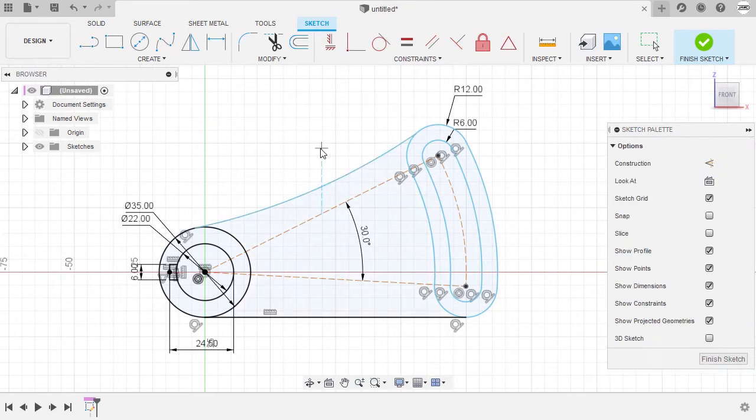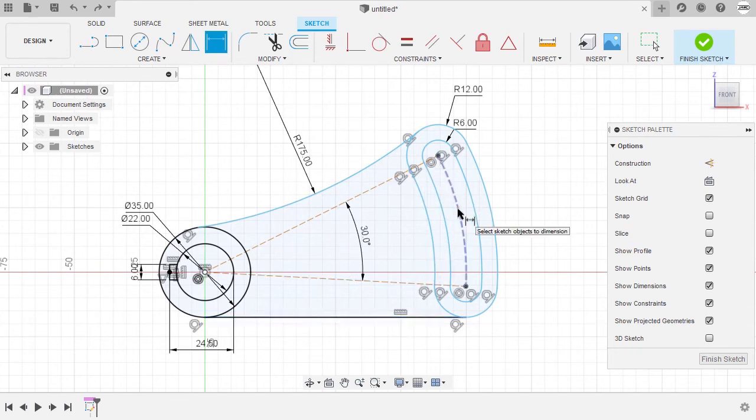Left click, hit escape, and from here, let's apply the tangent constraint that needs to be added between these two arcs. So I'm going to head up, selecting tangent, selecting this arc and this arc. Hitting escape. Let's apply the dimension, hitting D, selecting this arc, and let's key in 175. Hitting enter. Dimension tool still active, and before we offset this arc and this line, let's define the radius of this arc to be